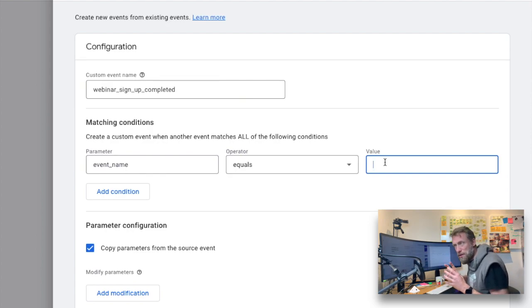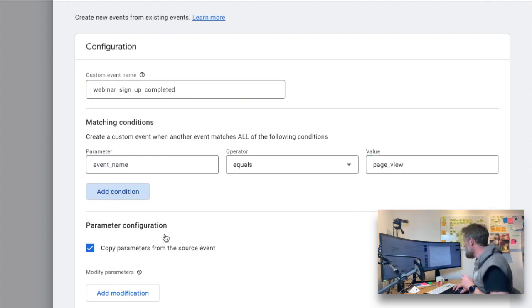So the event name is what happens when I want to track a conversion. In this case, I want to track when people land on a thank you page, and that makes the event name page view. You sort of have to know what you want to track, of course, but you also need to know what the event name is. If you don't know, you can have a look around in your analytics and look under events, and there you can see some of the event names that Google Analytics is using.